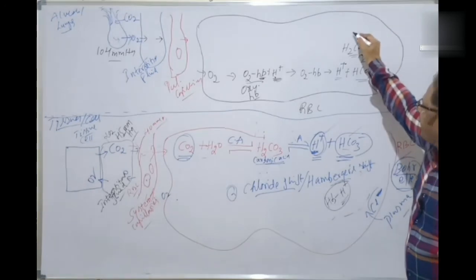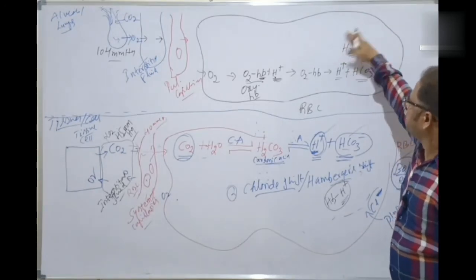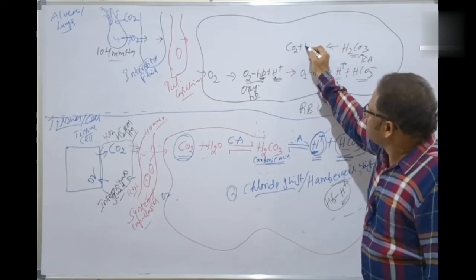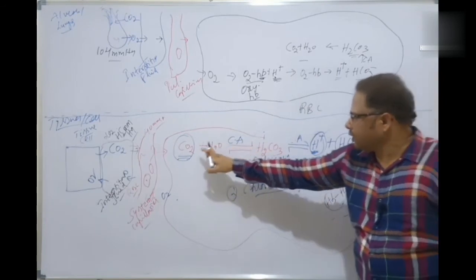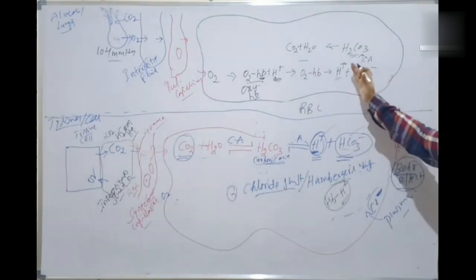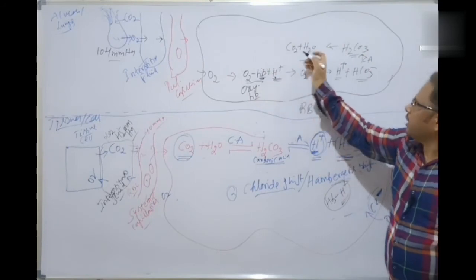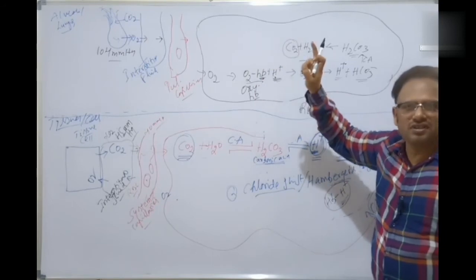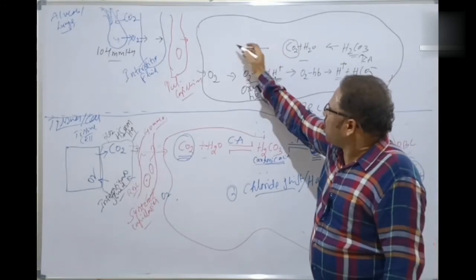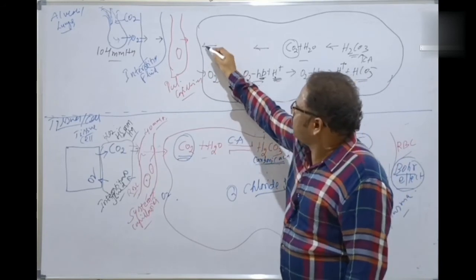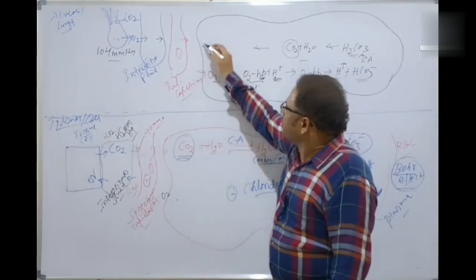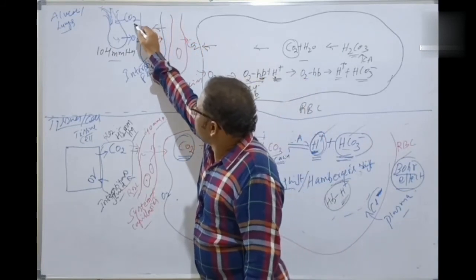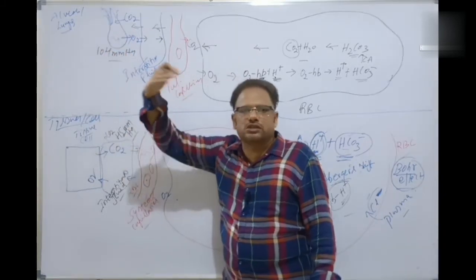When the carbonic acid is formed, what happens? It instantly splits. I'm writing here. The carbonic acid now splits into which one? Again CO2 plus H2O. The same thing, reverse. These are formed in this direction and these are formed in the reverse direction. Then again the carbon dioxide is now free. Because the partial pressure of carbon dioxide is lesser in the alveoli, the carbon dioxide is released in the reverse direction into the alveoli. It is exhaled out.